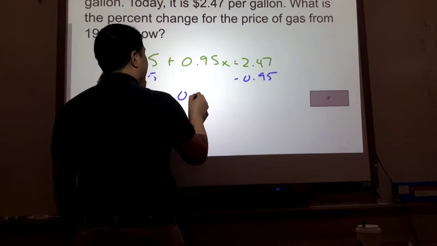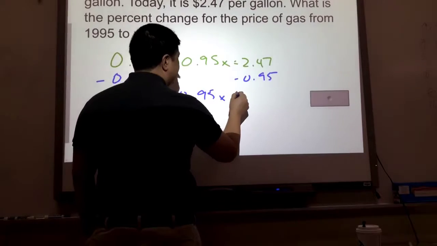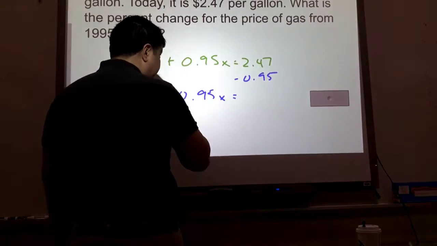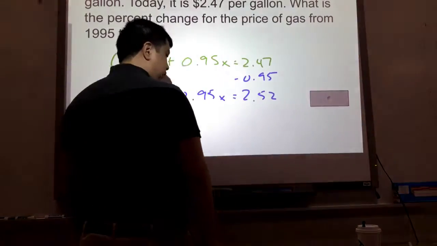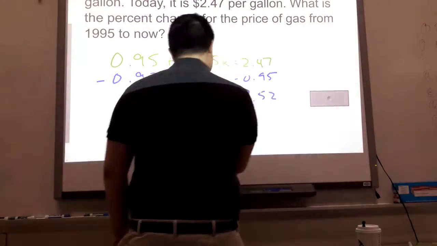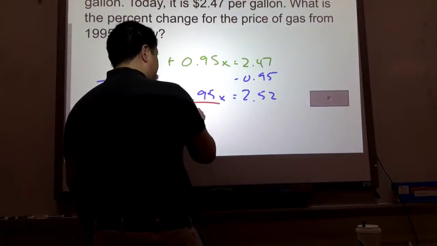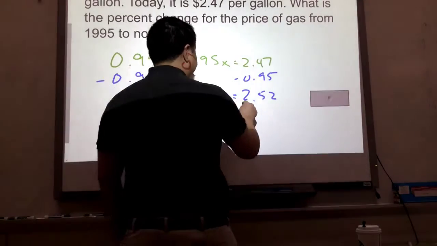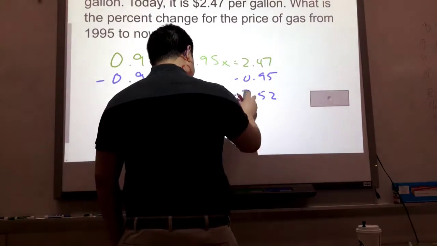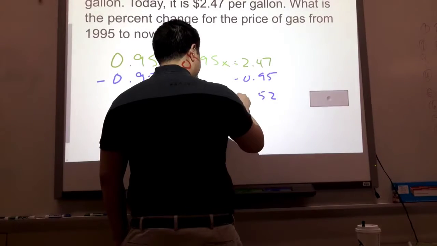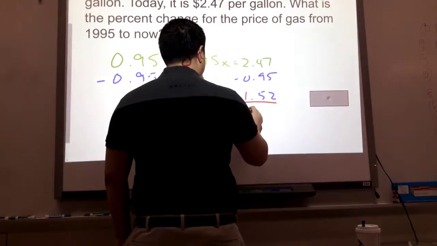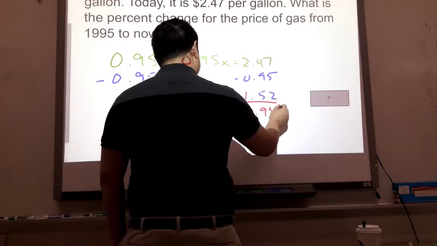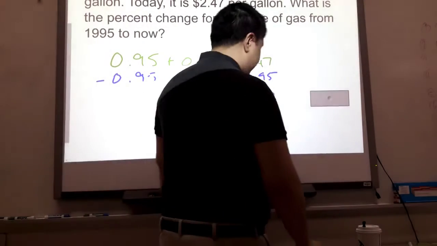We get 0.95x equals, excuse me, this is 1.52. 1.52. And then divided by 0.95. We find our answer to be